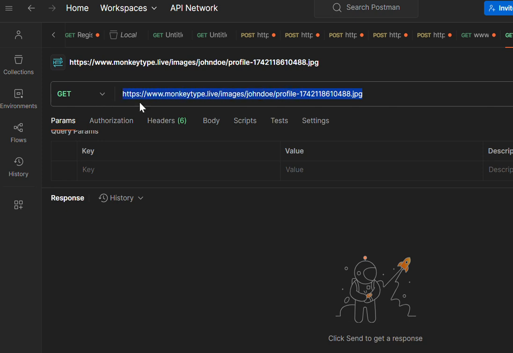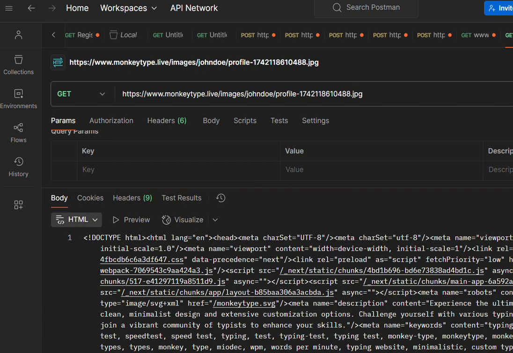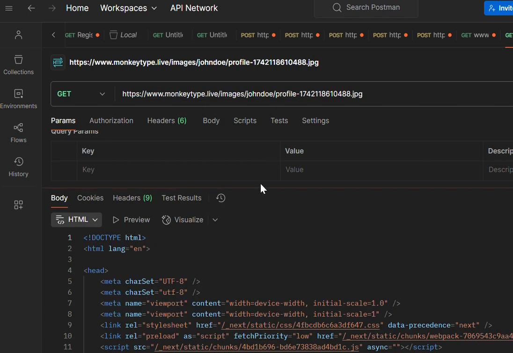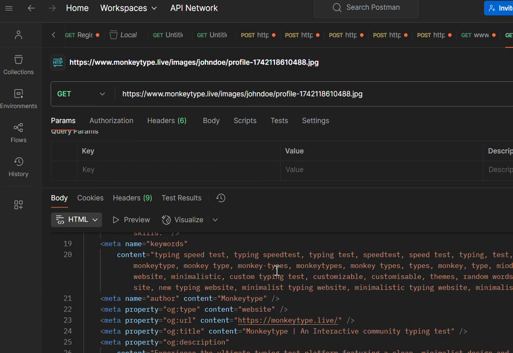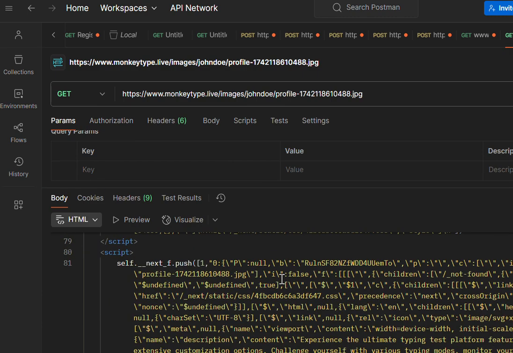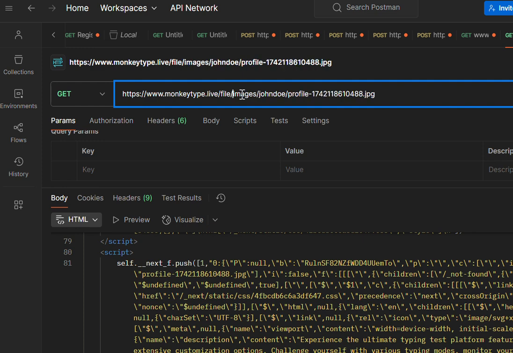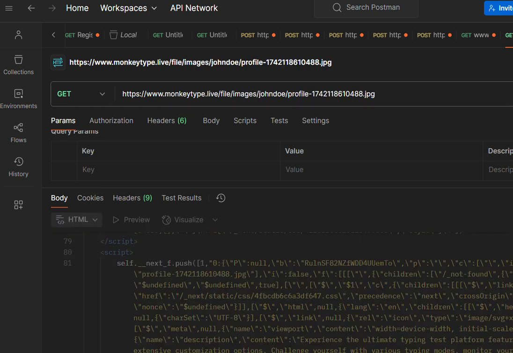Let's try to get images of this error. Okay, what I intended to do is come to file slash images and then